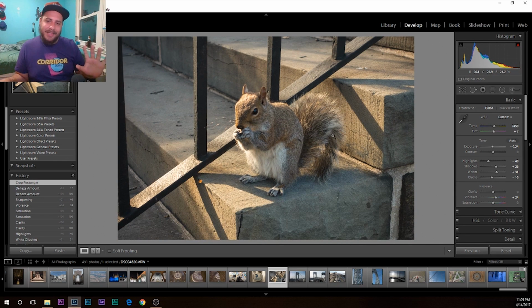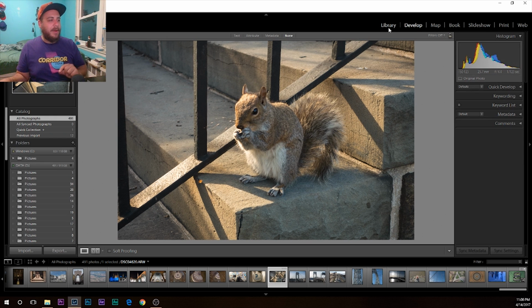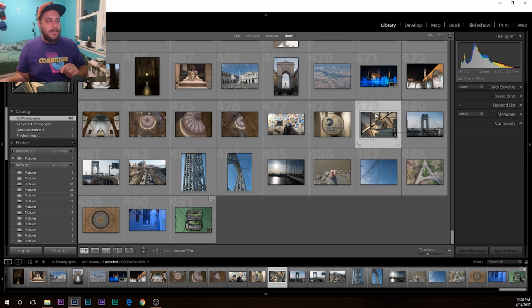I like this as the full photo as is, as the way it was framed up when I shot it. So we're done. If we look at what it was, click reset, and then look at what it is, huge difference. I think so. So we're done with the photo. We're done editing it. Let's go back to the library up here and make sure that photo is selected, and